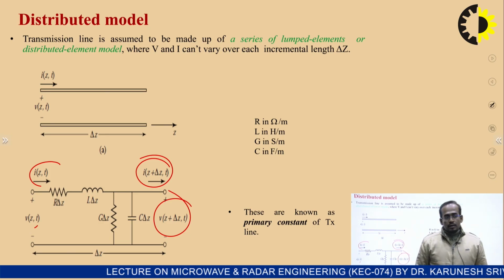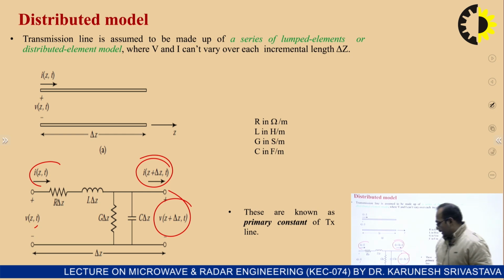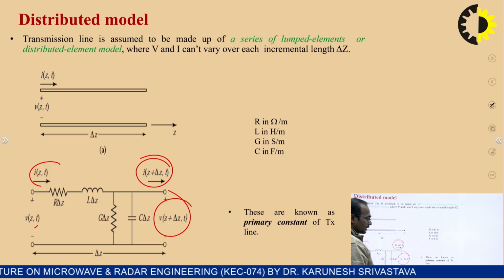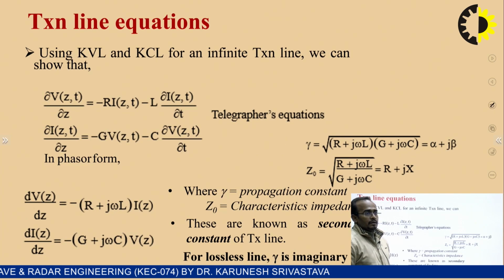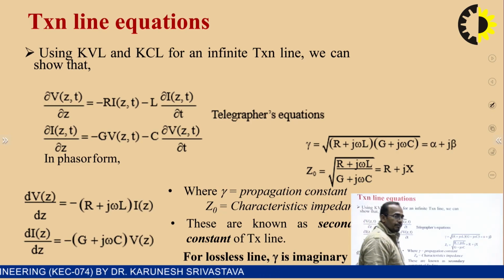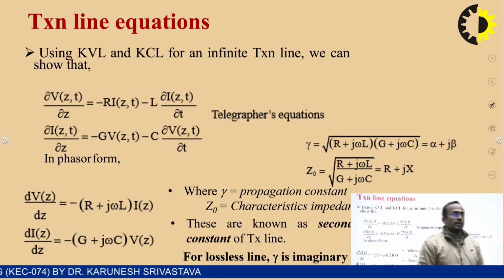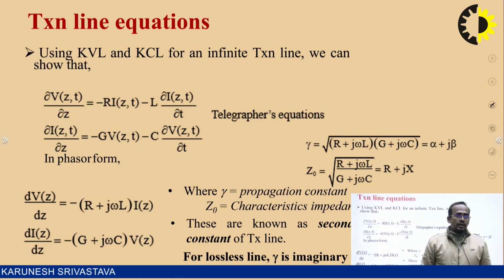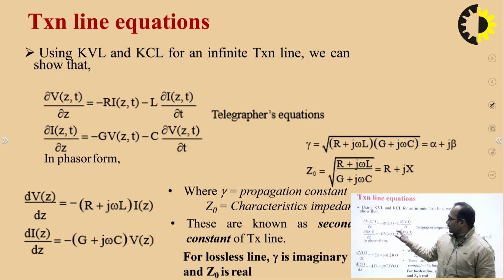Similarly, the conductance and the inductance can be defined, and you can consider these as the primary constants of the transmission line. So for finding the characteristic impedance and the propagation constant, we can use KVL and KCL for an infinite transmission line, where by using this KVL